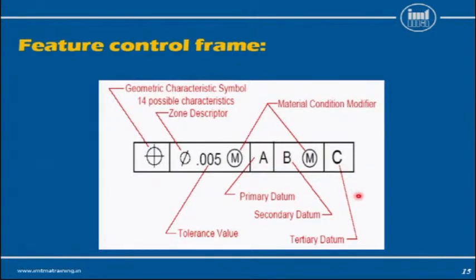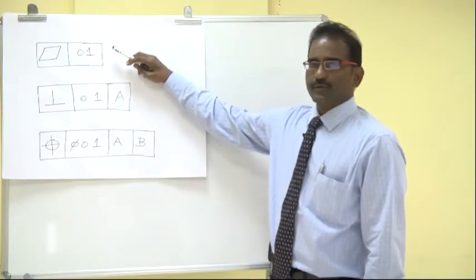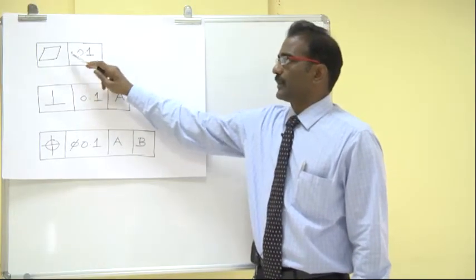One of the main important things to be noted here is that the order of datums is extremely important, and the meaning would be totally different if A, B and C are written in some other order in this example. Let me give a few more examples of how the GD&T parameters are used in the drawings. Feature control frame can have 2 compartments